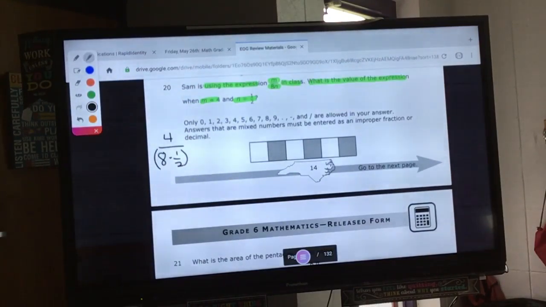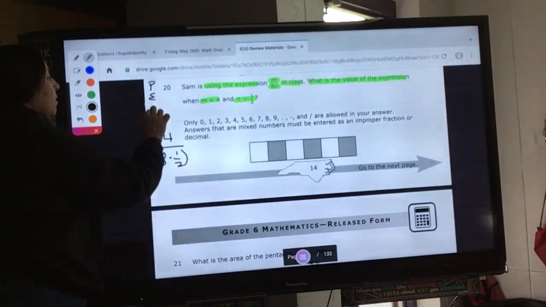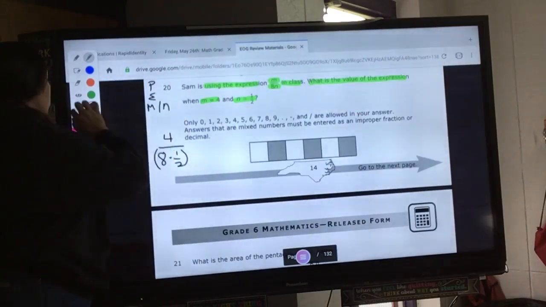So at this point, what type of problem does this become? Kaya, what type of problem does that become? This is not a trick question. What do you think? Yeah, it's a PEMDAS question. It's just order of operations from here forward. So if I have my PEMDAS written up here,